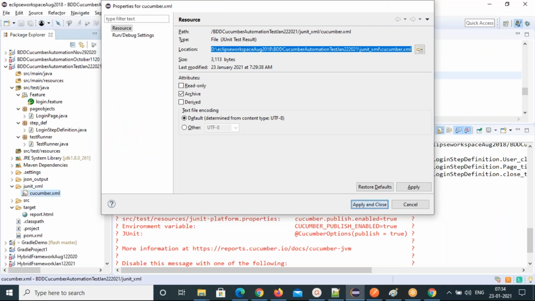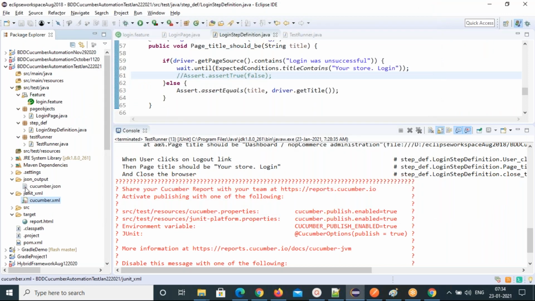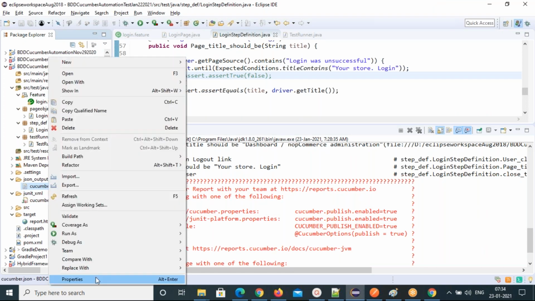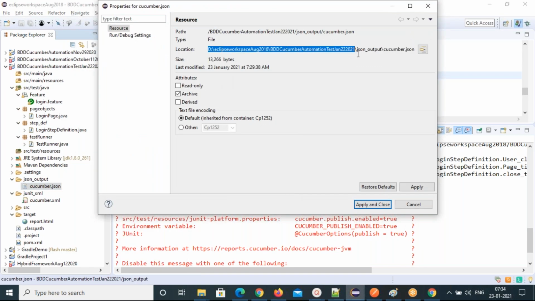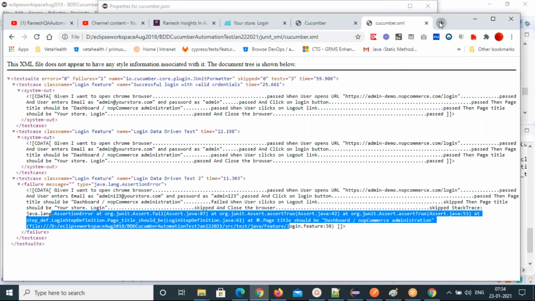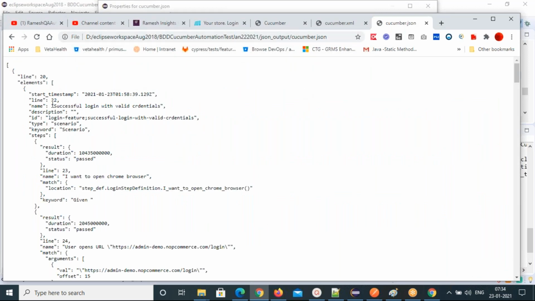And one more report. See, JSON format, the report you will get. So cucumber.json. These are the three reports you will get for Cucumber by default. So this is that scenario name, successful login with valid credentials.